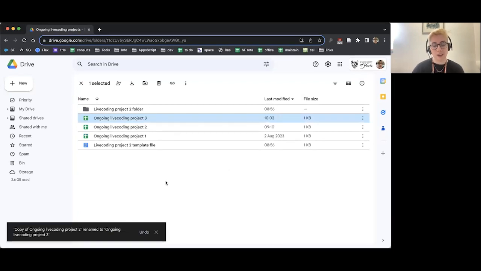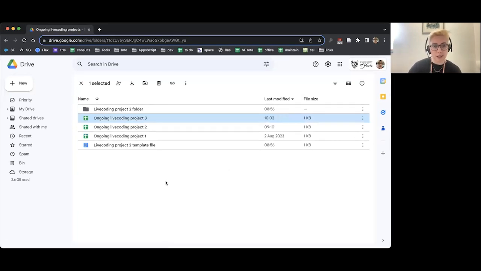So what we're going to do in this one is bring in those loops and ifs. So instead of just clicking on a row of data and it makes a document for it, it's going to loop down the list and make a document for each row of data in turn. So a bit more useful, a bit more automated. So I'm going to double click to open my project.